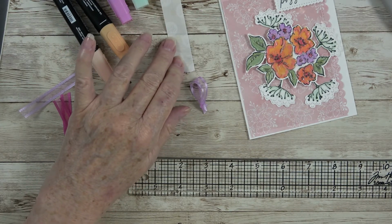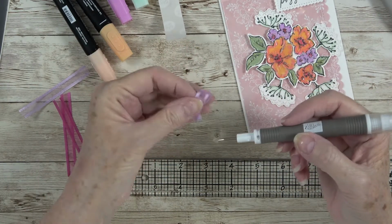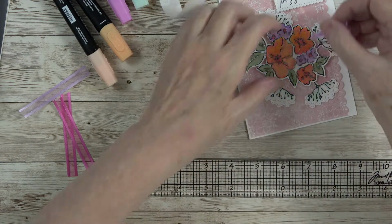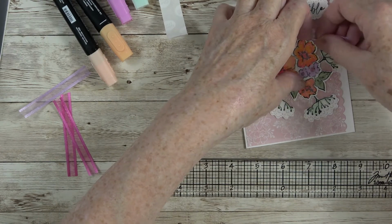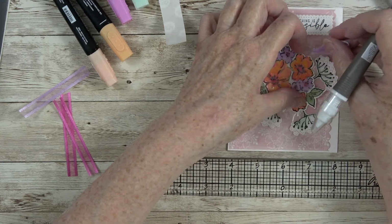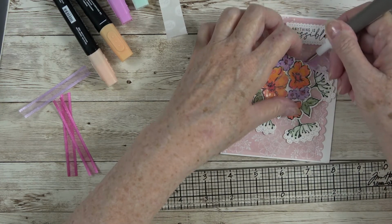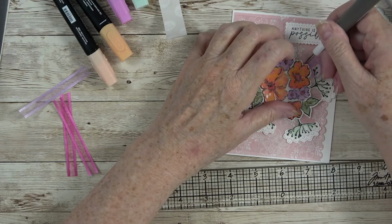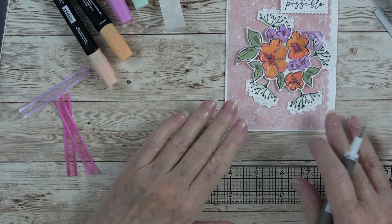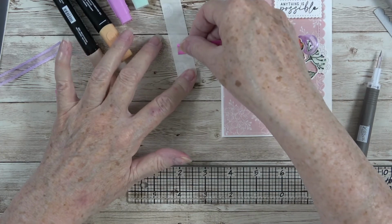So I'm going to take your pick tool right here. So I'm going to take one glue dot and put right there. And then I am going to tuck this underneath. And you might need to use your pick tool just to kind of get it down in there where you want it. So just push it in there, just like that, and it gives you that little loop that just gives you a little bit more dimension on your piece. So I'm going to do another one here,